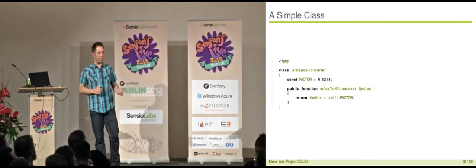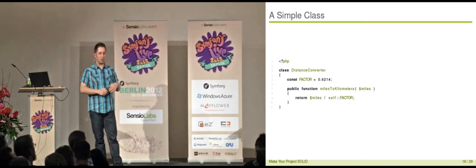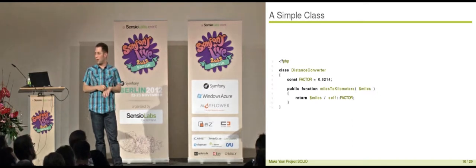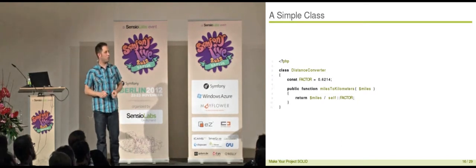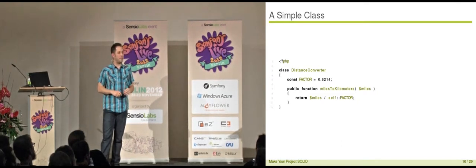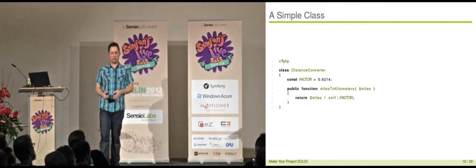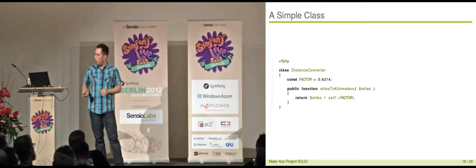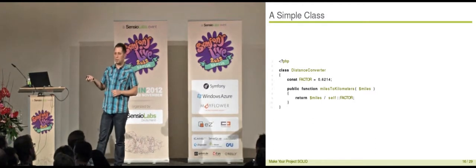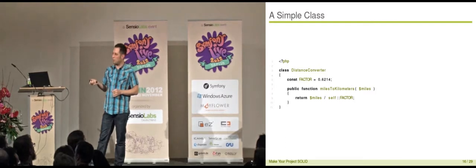That's a really, really small class. It's really nice because it consists of so few lines of code, and it's so easy to test and so nice to use. It's a distance converter. It only has one method, and that converts miles to kilometers. We give it a mile value, and then it returns a kilometer value. Obviously, I did not display the documentation to you. You will see this is a float, and what it returns is also a float, right?